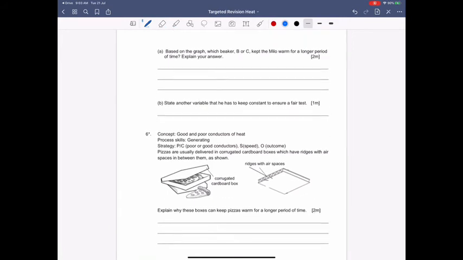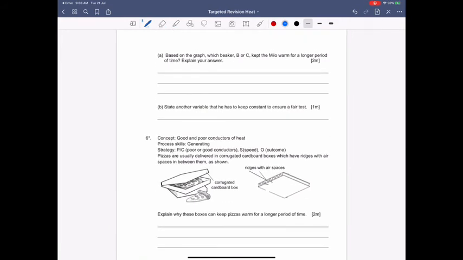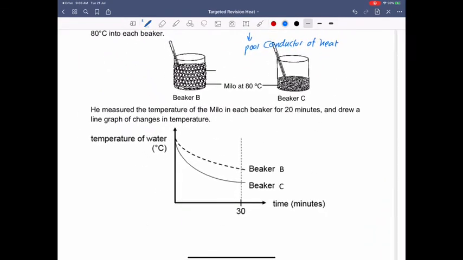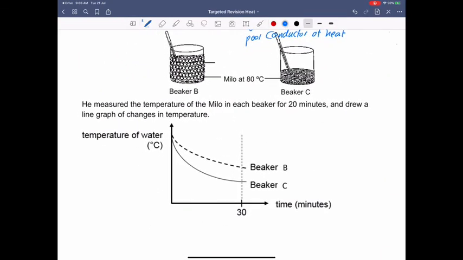So let's take a look. Based on the graph, which beaker, B or C, kept the Milo warm for a longer period of time? Explain your answer. So in this case, I would need to look at the graph. At the end of, sorry, this should be the 20 minutes. Let me do some correction. There's an error in the question. We notice that B is of a higher temperature. So this tells me that heat is lost